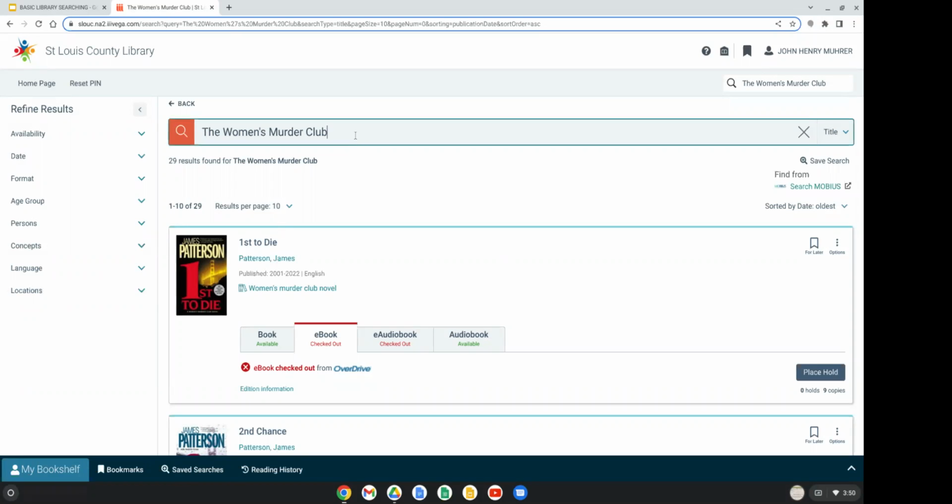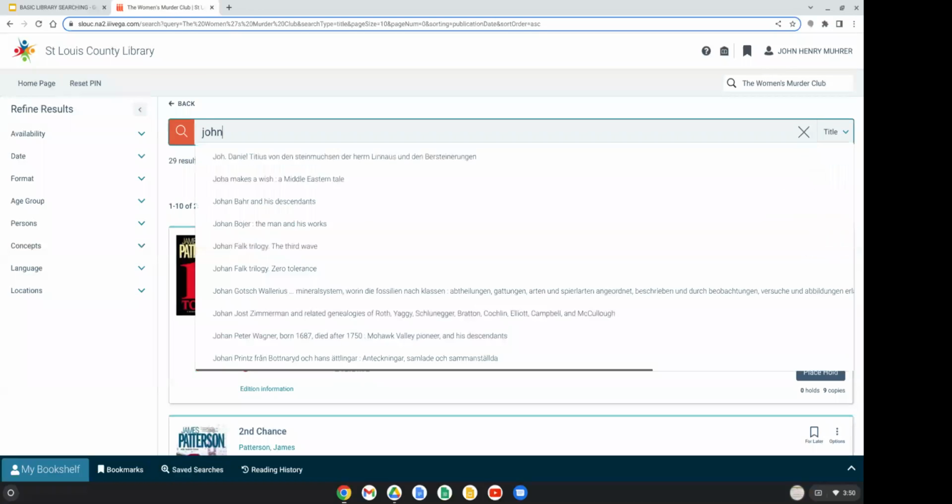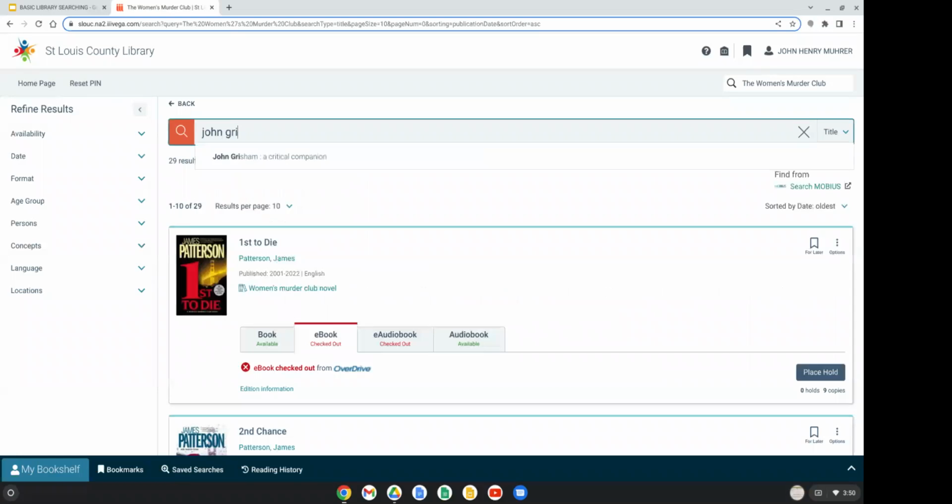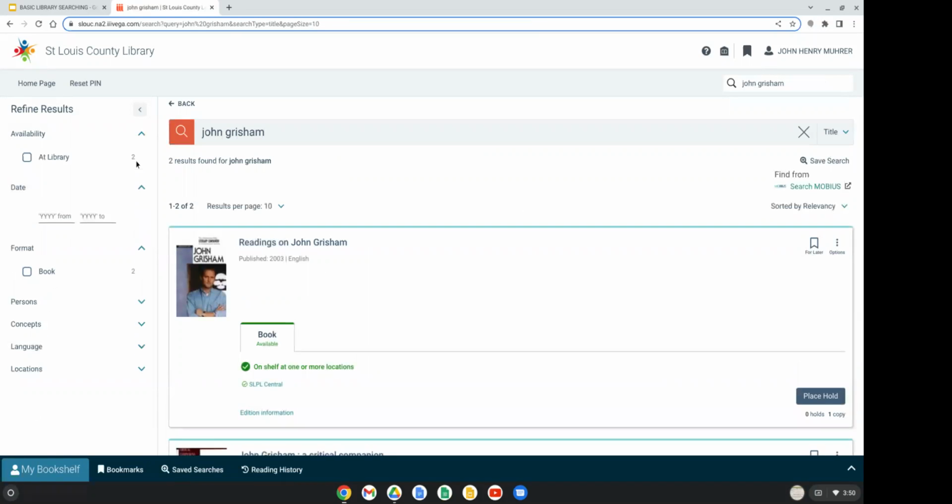Now, another popular one, let's say we want to find movies based on an author's work. This is just an exercise. There's a lot of things you can do with the catalog. If there's time, I'm going to look for movies based on the works of John Grisham. So let's look up just the words John Grisham. And let's actually look up